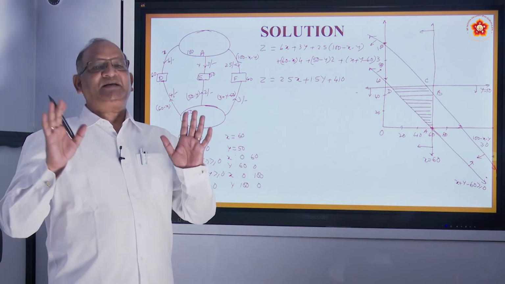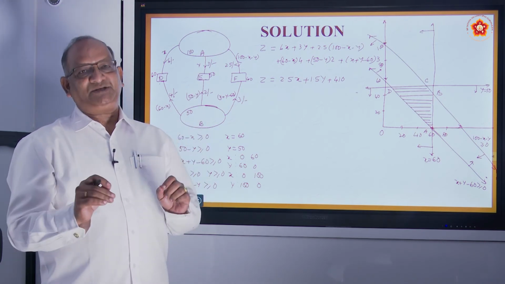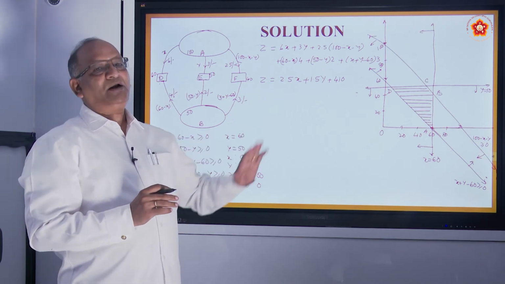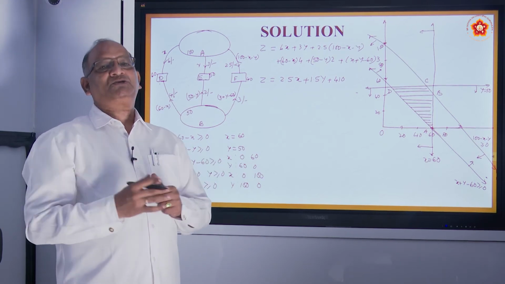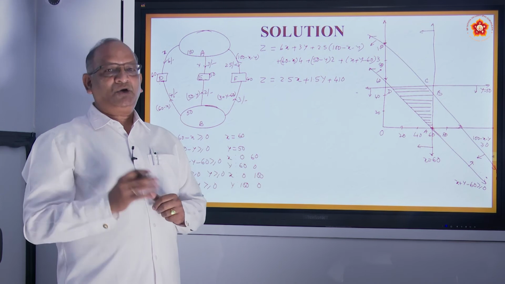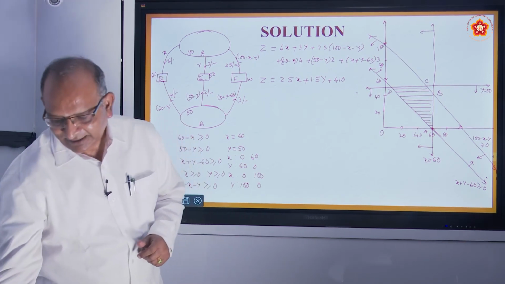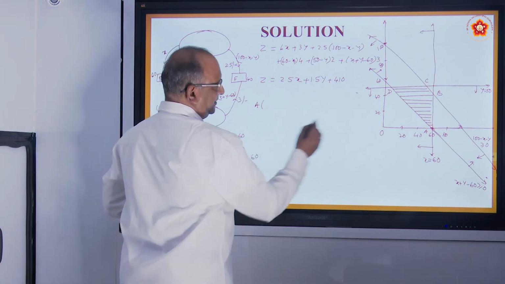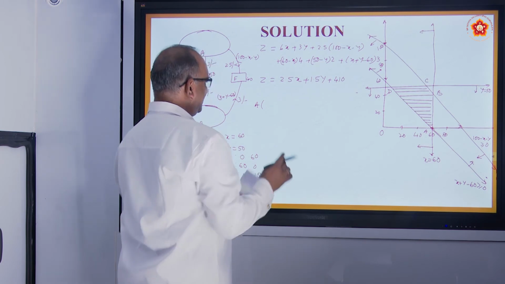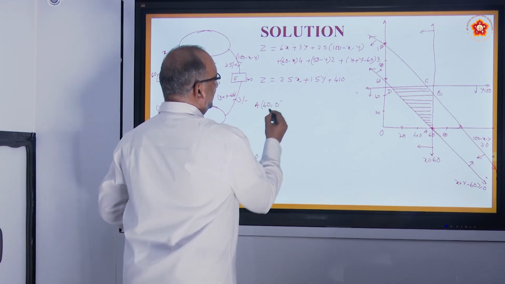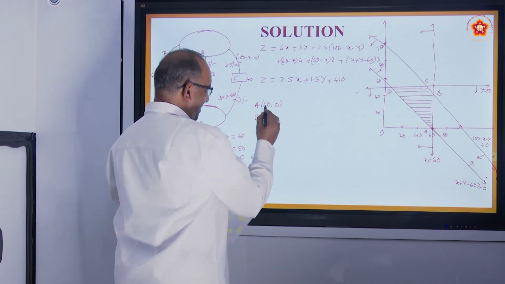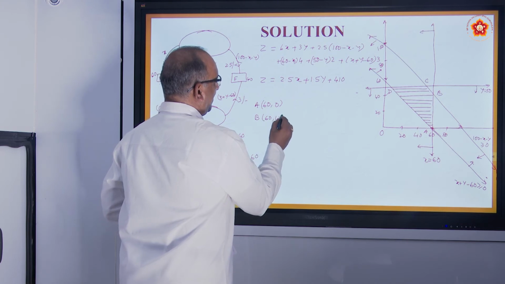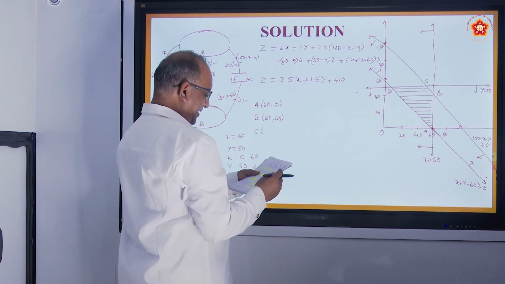When you draw this on the graph paper, you will know the exact location and you will be able to read what are the values of A, B, C, D. Since we have drawn a rough diagram, it may not be correct enough to measure. So, we will just directly write the answer. The answer for A is anyway seen, 60, 0. There is no difficulty to read. Come to B. The value of B is 60, 40. The value of C is 50, 50.